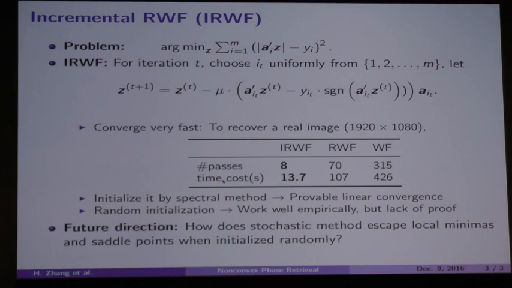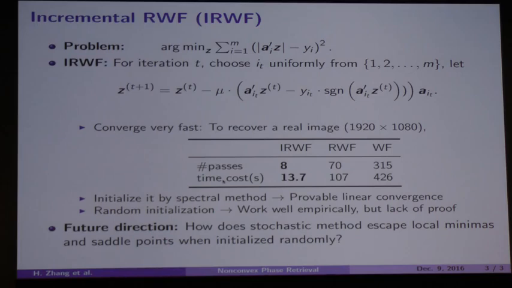Moreover, we show that the Kaczmarz method can be viewed as a special case of this IRWF, and by making this connection, we show the linear convergence of the Kaczmarz method, which has not been done in